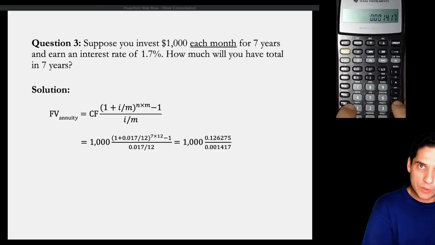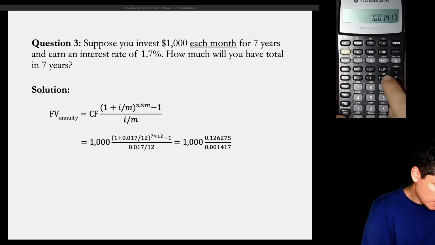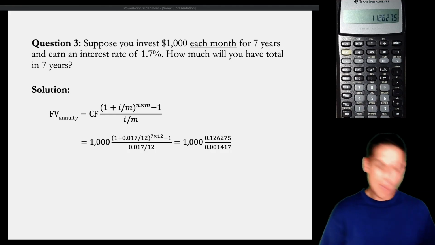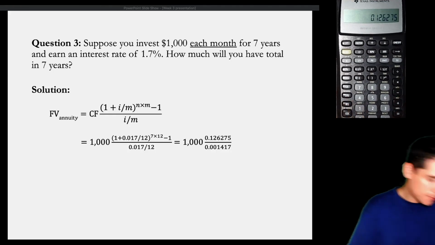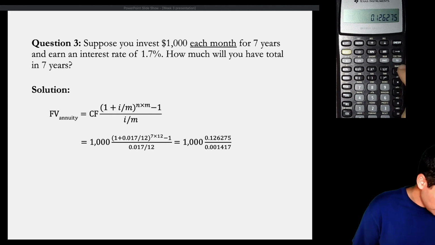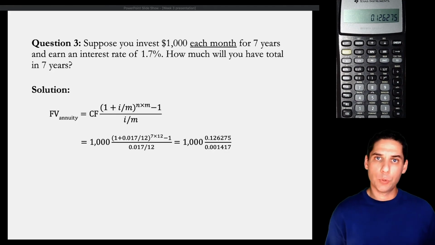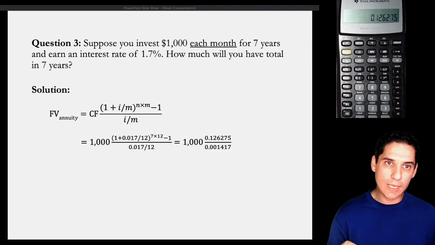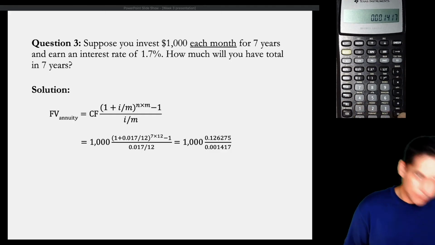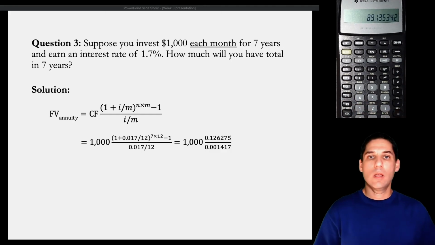Now, continuing with the numerator, I will add 1 to this and raise it to 7 times 12, minus 1, and this is our numerator. Now, divided by, I had already computed the periodic rate, so I need to now recall 1, equals